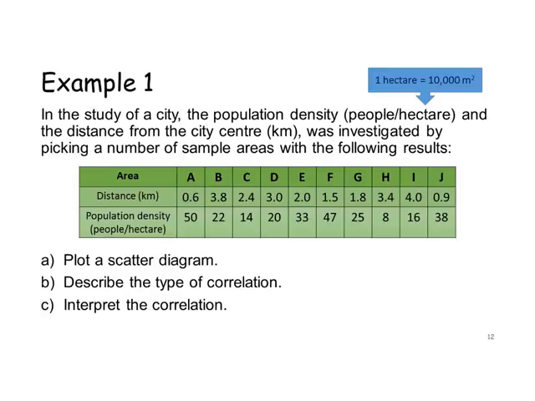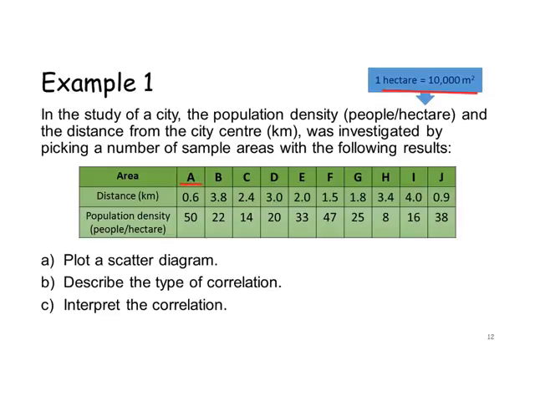In the study of a city, the population density, that's the number of people per hectare, and a hectare is a unit of measurement. 1 hectare is 10,000 metres squared. So the number of people per 10,000 metres squared. Let's look at that, population density, and the distance from the city centre in kilometres. And this was investigated by picking sample areas. So for each area,